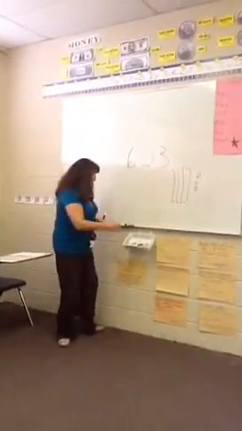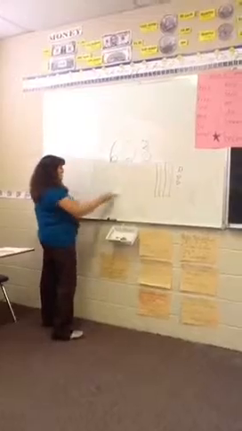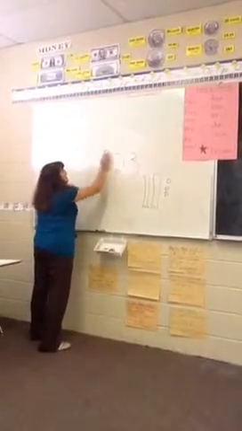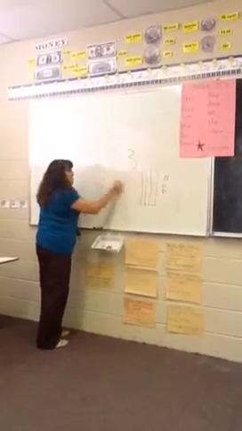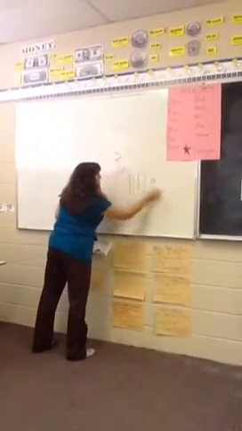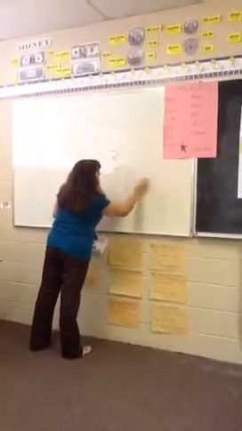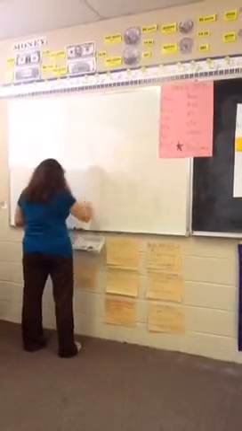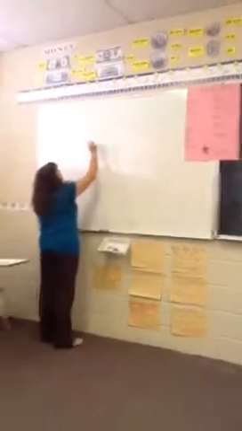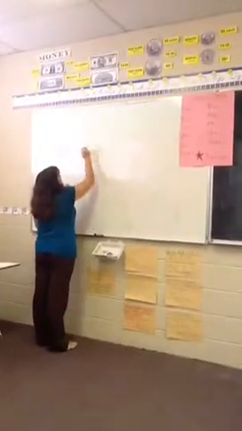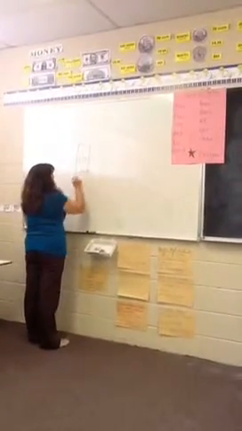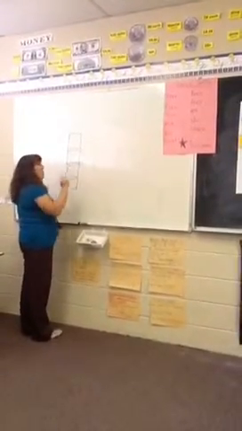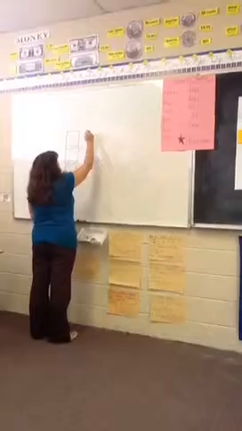Good job. Okay, now we're going to try it a different way. I'm going to write the cubes on the board, and you have to show me what it looks like on your whiteboards with the numbers. So I'm going to write some cubes on the board. So if I put 4 big squares,